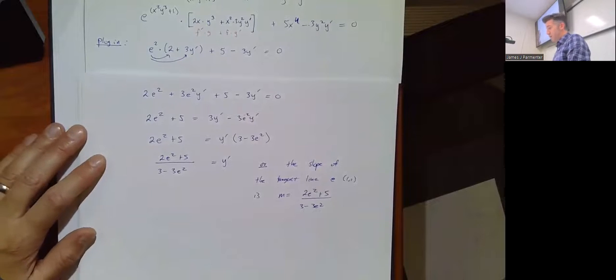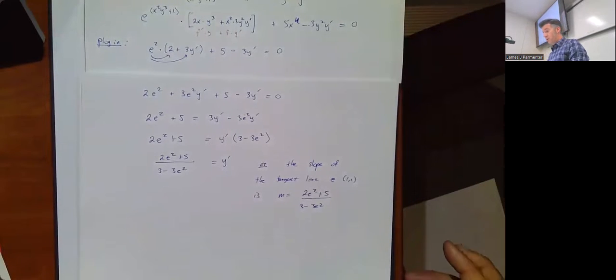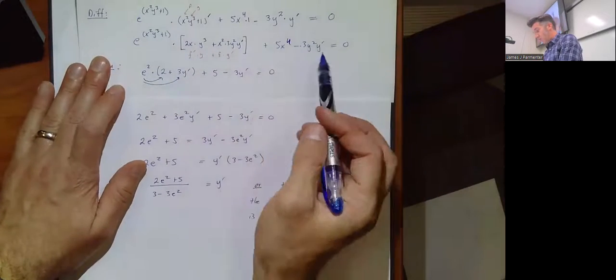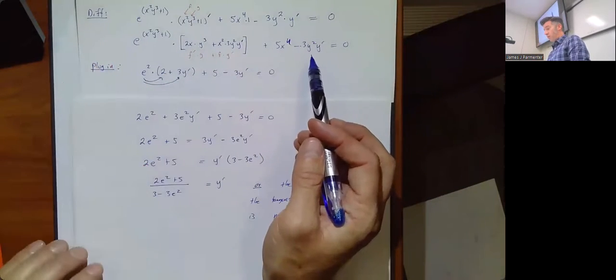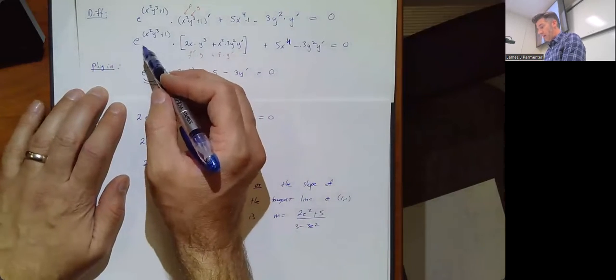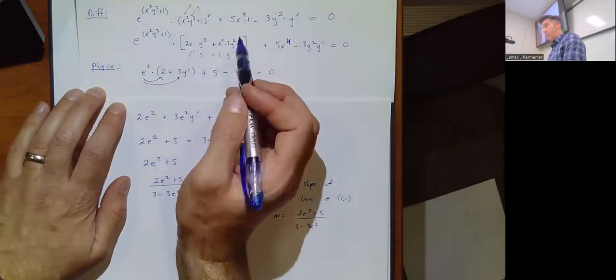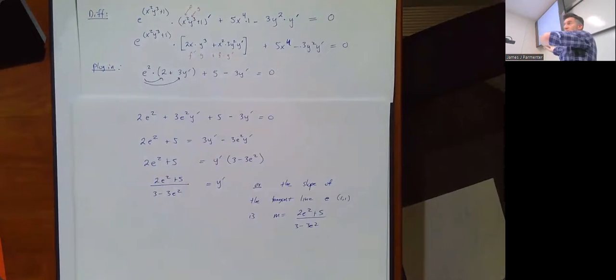I will point out, we could have done all the terrible algebra first. We could have taken this garbage equation and done the same sort of work, meaning distributed this e to the stuff times that plus times that, and then grouped the two y prime terms on one side, the other terms on the other side, factored out the y prime and divided by the terrible algebraic mess that's left over. But that's usually not the easier way to do it. So I would encourage you all, if you have to find the slope of the tangent line at a particular point and you're using implicit differentiation, as soon as you have differentiated both sides of your equation, that is the moment to then plug in your point, because it's going to make your life easier.